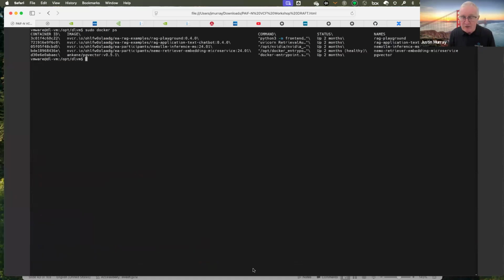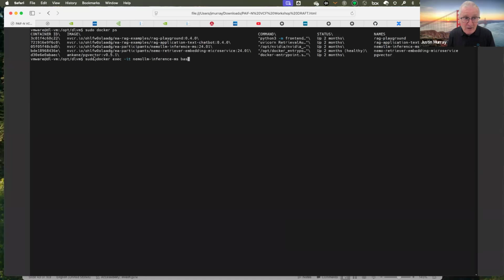And if we were to look at the containers that are executing inside that deep learning VM, here we see the NVIDIA Retriever, which is retrieving data from the vector database. That second line from the bottom. Here's the inference microservice, that is the NIM that is running my main model, my Llama model. And here are the container applications that give me a chatbot. We'll see that chatbot here in a few seconds. And here's PG Vector running in a container.